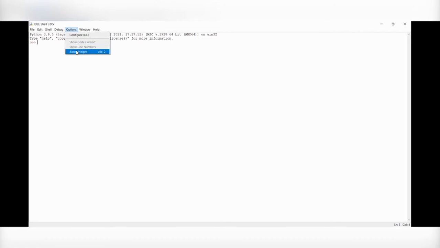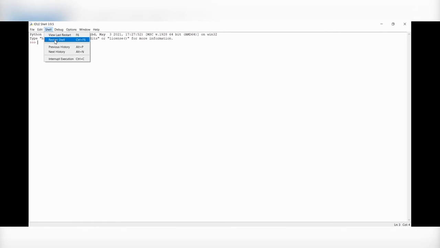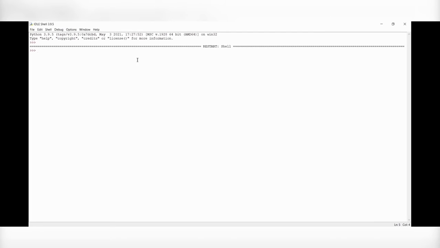Here you can see there are different options: file, edit, shell, debug, options, windows, and in help also you can be notified. Let's check whether it is working in perfect condition or not. You can just restart the shell. Here you can see the shell has been restarted. And let's check the code. Print, single quotation, open parenthesis.